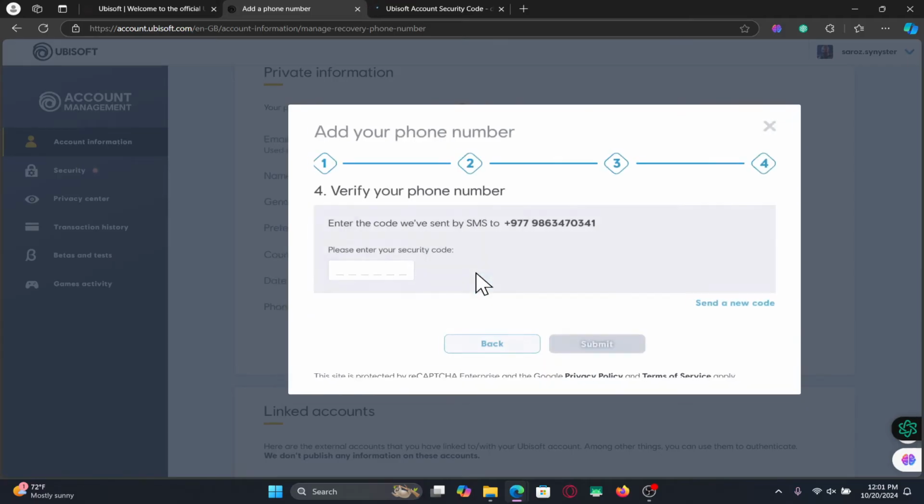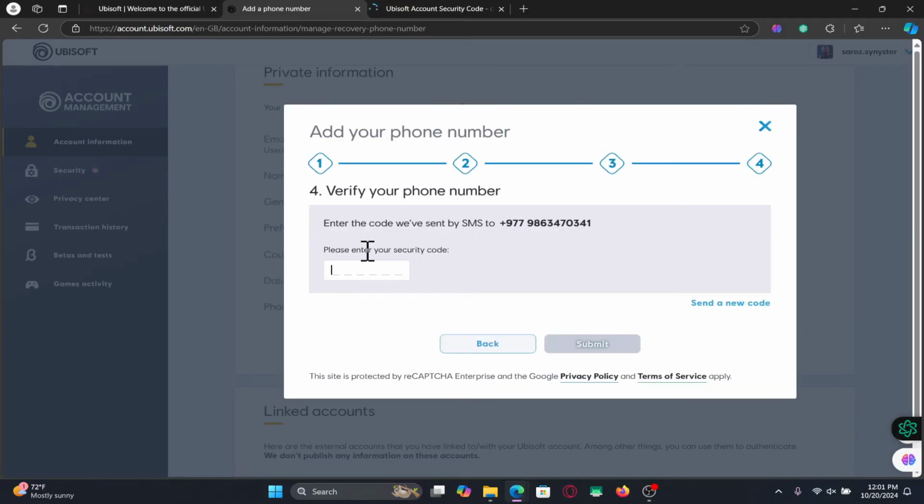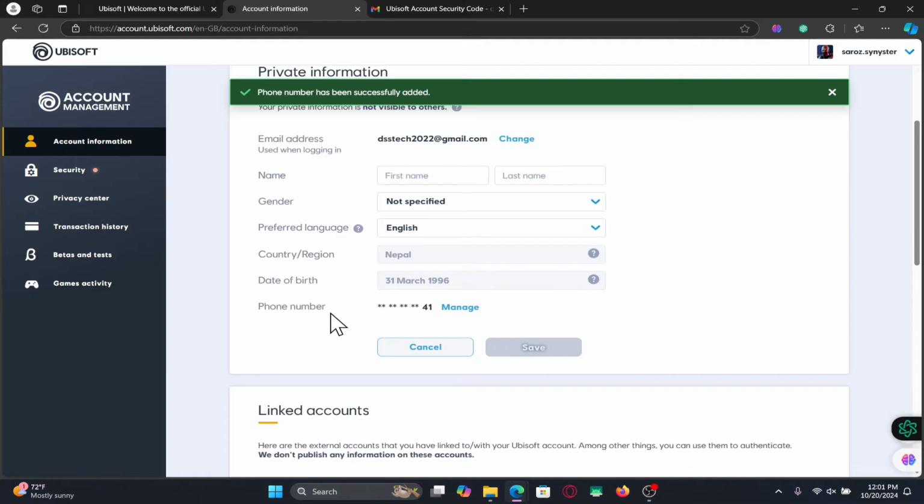Click on the Add button after typing in your phone number, and you will now be asked to enter the security code that has been sent to your phone as well. So just check your SMS, and you will find this code right away. After typing this code in, click on the Submit button once again, and now your phone number has successfully been